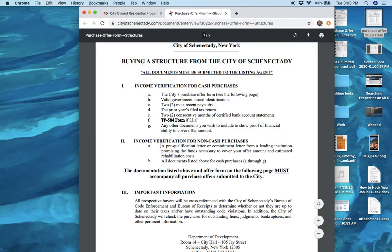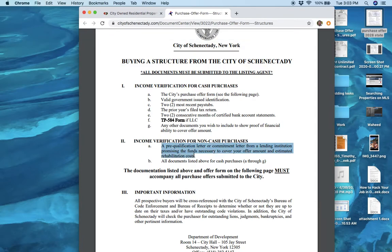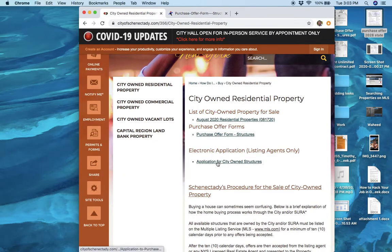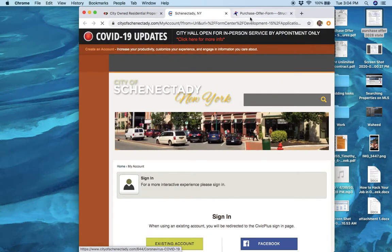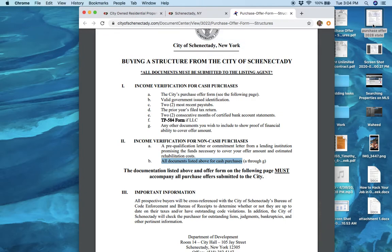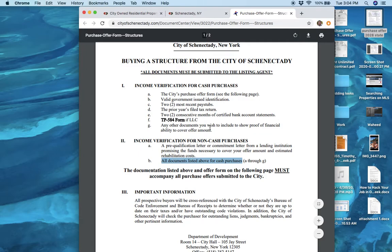Now, if you're buying with a loan, they list a pre-qual letter, but they really want a pre-approval letter, by the way, because we've been through it with a pre-qual and they really prefer a pre-approval letter, and all these other documents. So what you want to do is gather all the documents in this list, and I'm not going to do that in this video, but the main thing that I've had trouble with was this purchase offer form, which we did by doing a screenshot. Okay,